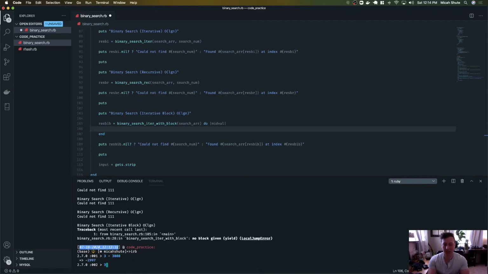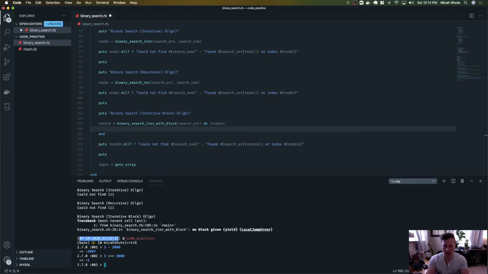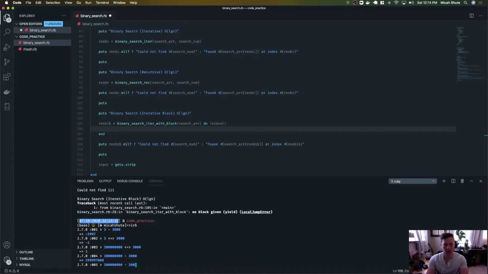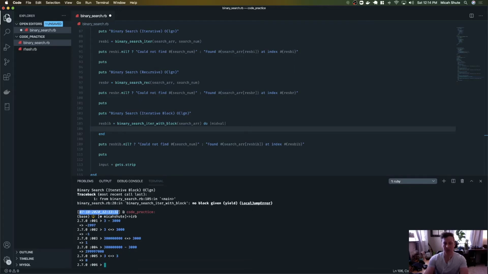But if I did the spaceship operator, it would just be the sign of that, which is -1, right? Conversely, if I said some larger number, spaceship operator 3,000, I get a +1, as opposed to the subtraction, which would give me a large positive number, right? And if they're equal, 3 and 3, both the spaceship operator and the subtraction would give me 0. So we're going to use the spaceship operator here, and I'm going to say mid-val spaceship operator of search